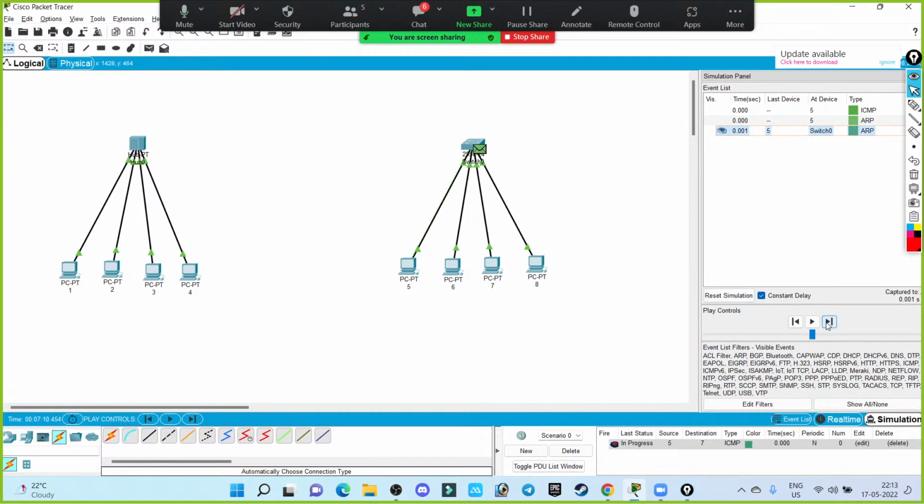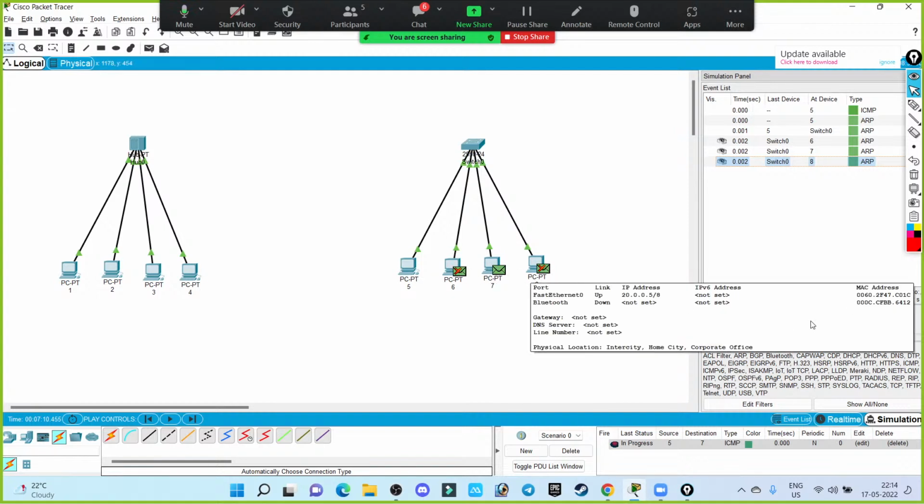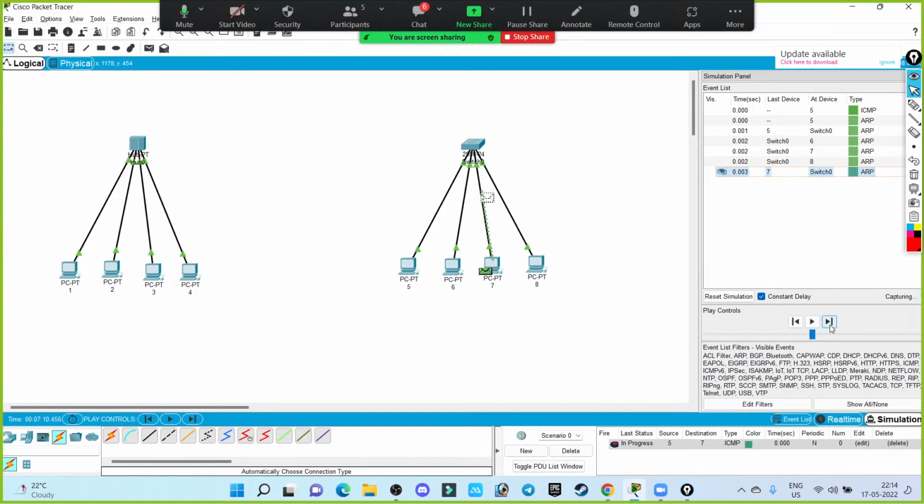Switch has received the data, right? But the switch doesn't know which device contains the IP address 20.0.0.4. Okay, let's click on next. Again it has sent data to all the devices. So this is 20.0.0.4, so it has received the data, but the other devices have rejected it. Now only this device is going to send the reply to PC number 5,